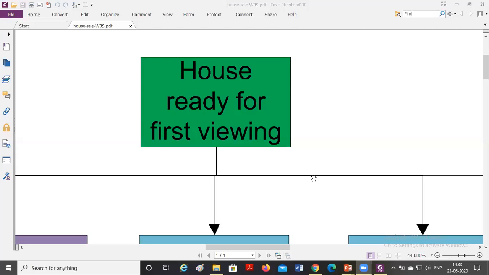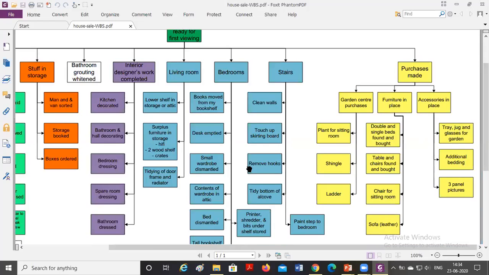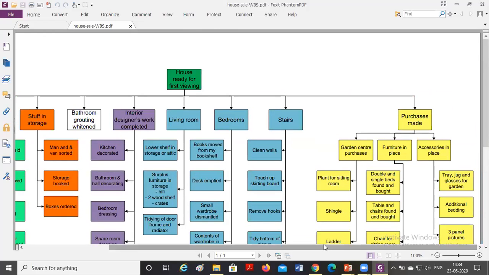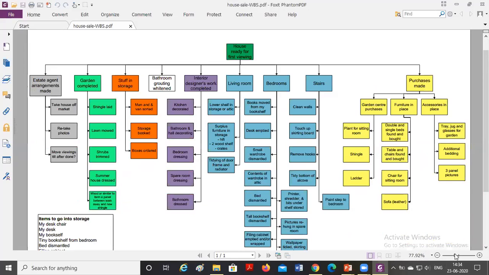Please give me the answer. House ready for first viewing. Yeah, house ready for first viewing. So this is one task. House ready for first viewing means that the house is ready to go for sale, and you are looking at that house. Is it right? So these many work breakdowns may be there, or these